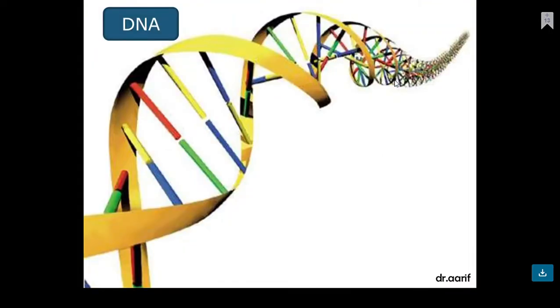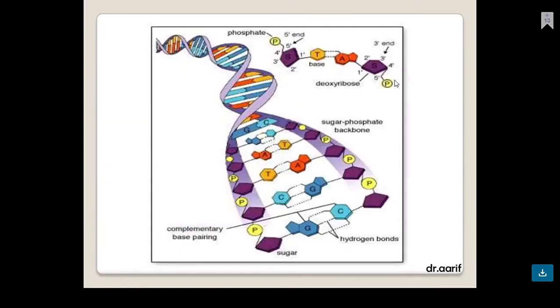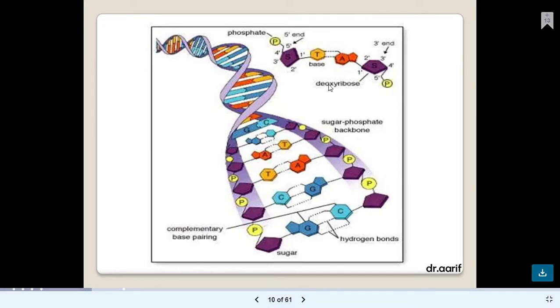Now let us move to the structure of DNA. So DNA is a double helical structure. It consists of 4 nitrogenous bases and pentose sugar, linked with phosphate bonds. You can see here you have a phosphate linked with 2-deoxyribose pentose sugar, and then you have the 4 nitrogenous bases in between. You have adenine, thymine, guanine, cytosine. This sugar and the phosphate act as the backbone of the DNA.